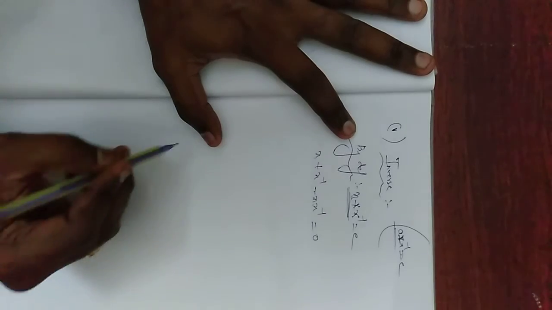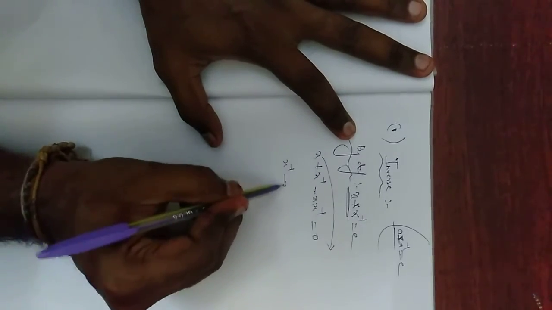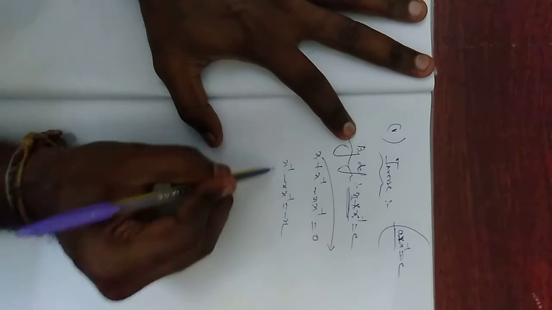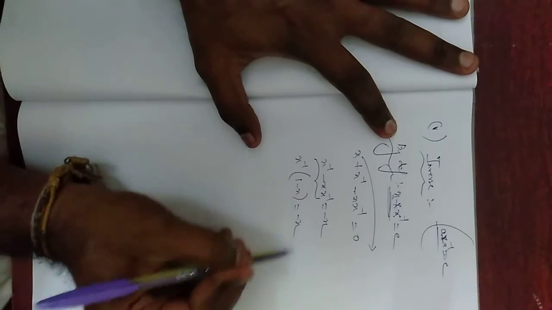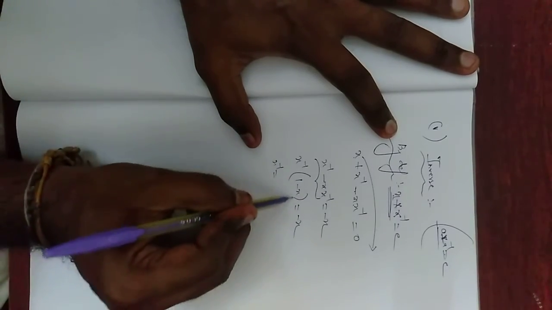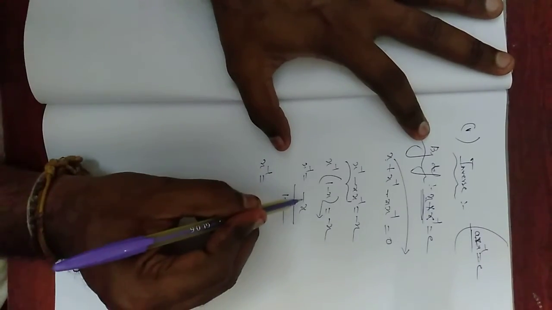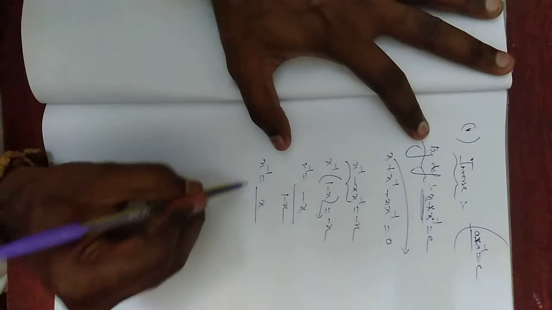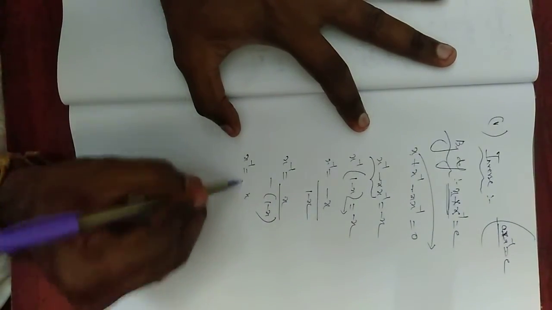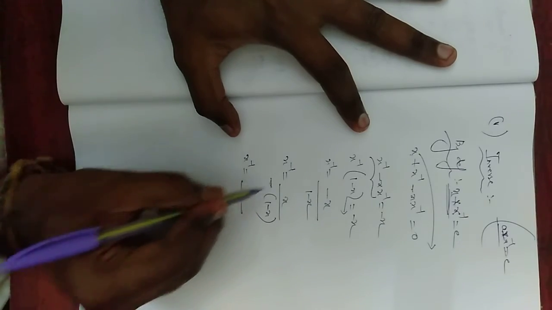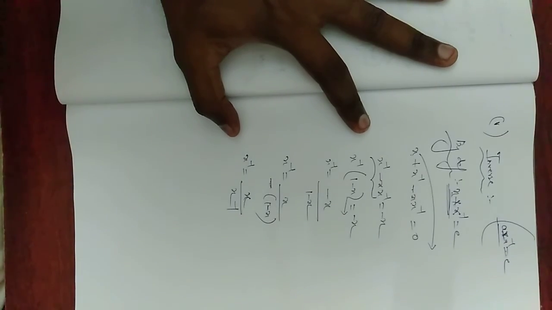We know e is equal to 0. So bring x to this side. x inverse minus x x inverse is equal to minus x. Take x inverse common. So x inverse times (1 minus x) is equal to minus x. x inverse is equal to minus x divided by 1 minus x. This minus comes down, no problem. Multiply minus inside: minus into minus plus x. This is minus 1. x divided by x minus 1.